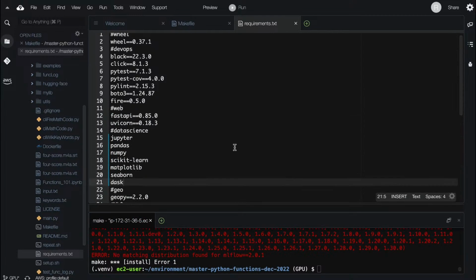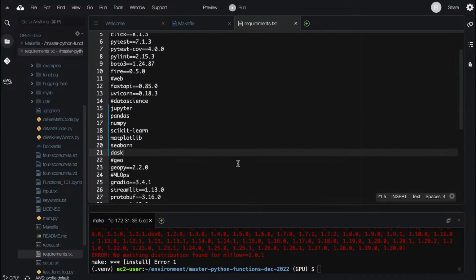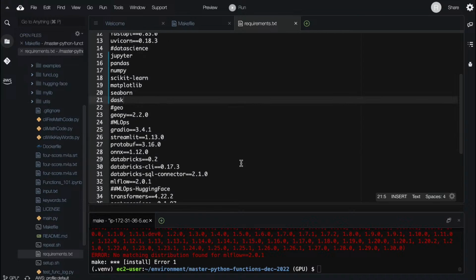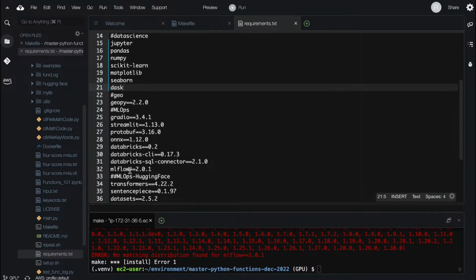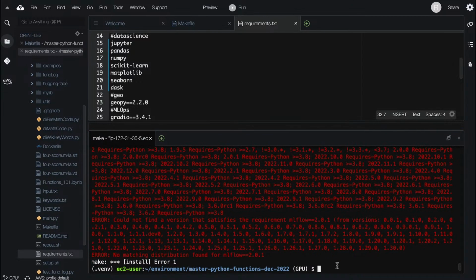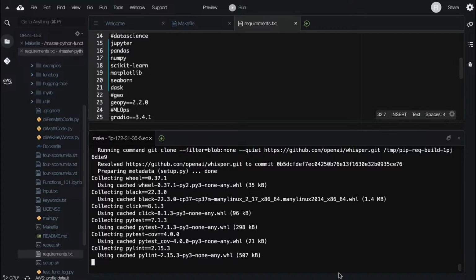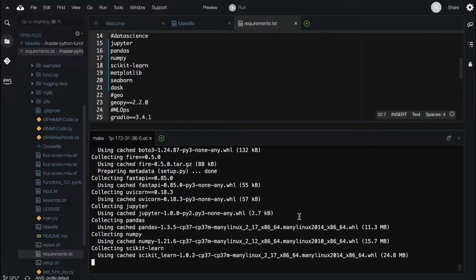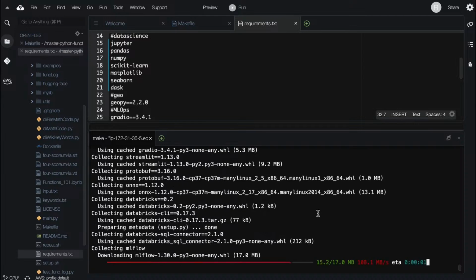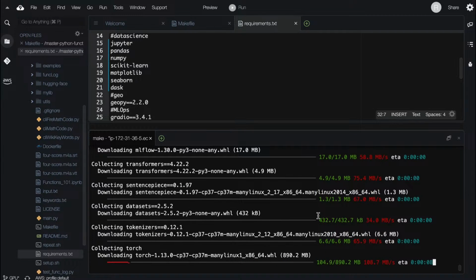We have another one. So you do get this sometimes, and this is the advantage of using pinning and unpinning and all that kind of stuff, is that you can get feedback, right? The feedback tells you exactly what it is that you're doing. In fact, I'm going to maybe get rid of MLflow, because I know for a fact I'm not going to use it right now. But let's see if this builds real quick.